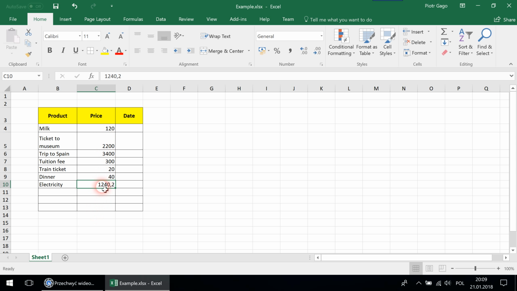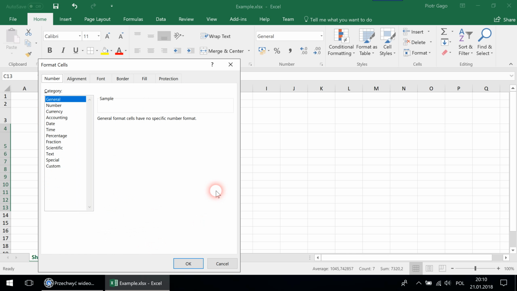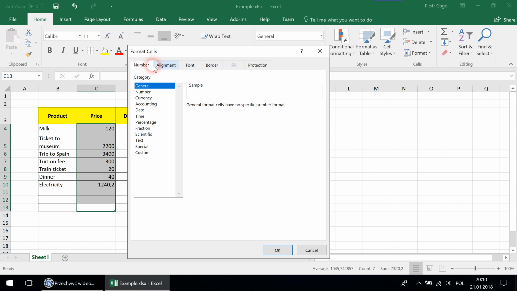Now, first thing, when it comes to Excel, when we specify the data within a column, we should always make sure that we choose a proper data type. When it comes to text, by default Excel will try to choose a specific data type. Usually it will do it pretty well. But for example, in the case of price, I would like to format the data to be displayed with the currency symbol. So I can just select this whole column, right click and choose Format Cells,